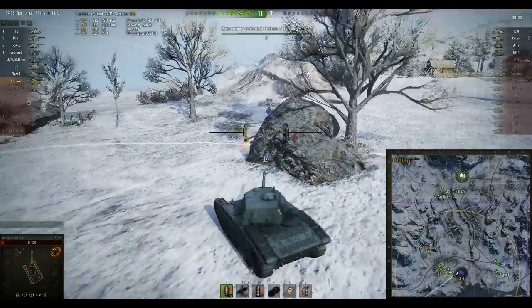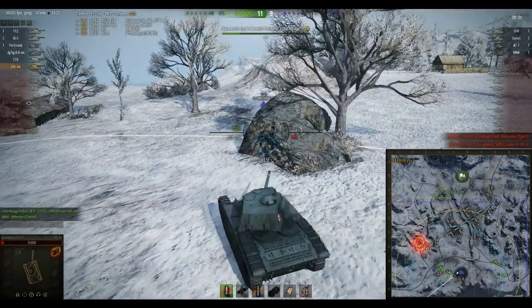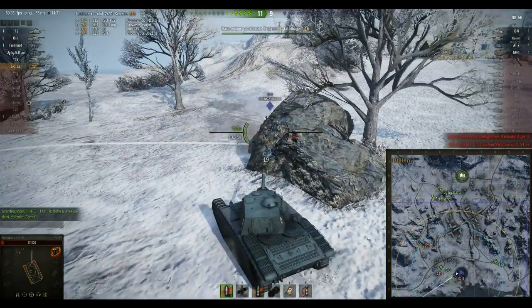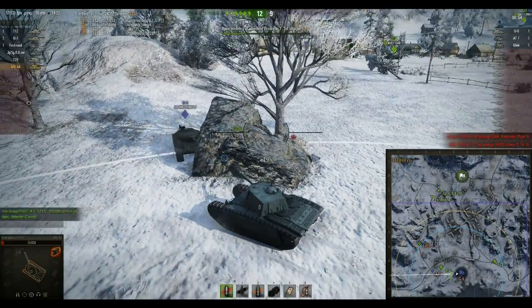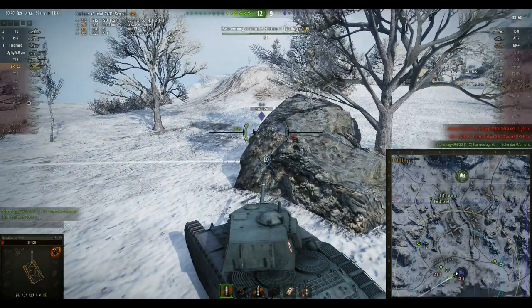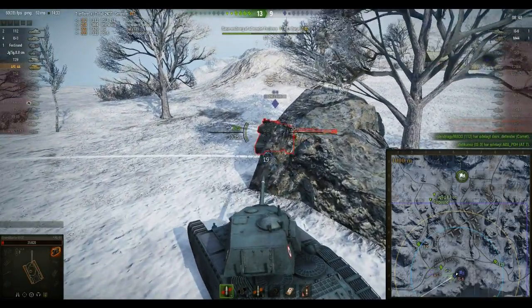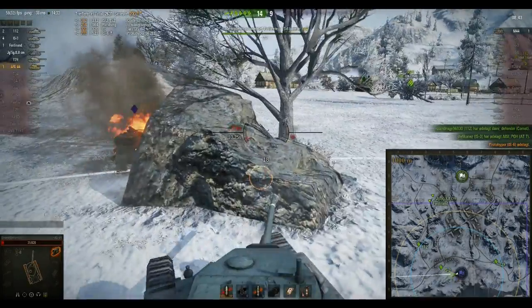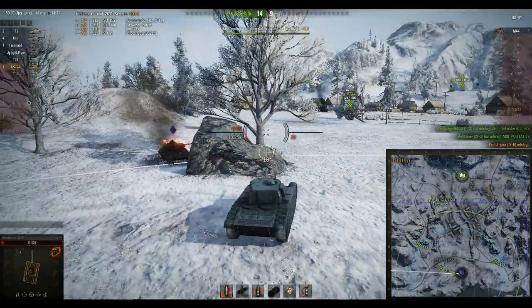I'm just gonna bait him with my track. Hope he shoots that instead. Come on, you can do it. Go around the rock, please. Let him fire. Do something useful. And he's turning his turret. And let's see if he does. Yeah. Do it, man. Do it. GG. So, only the artillery left and